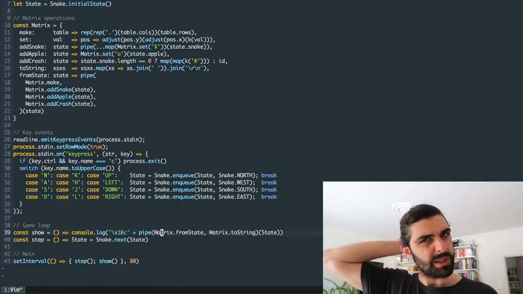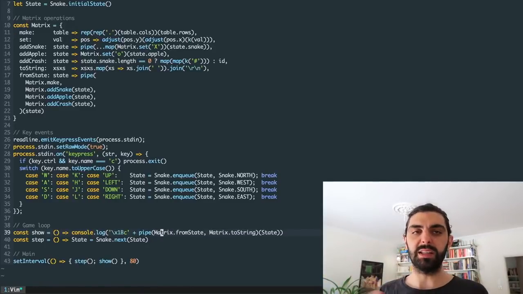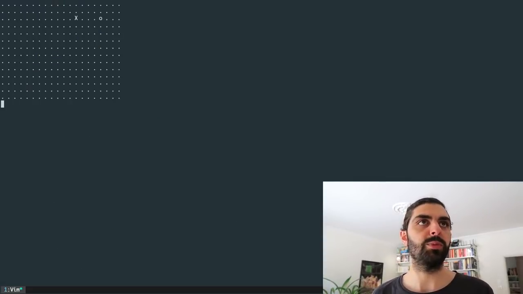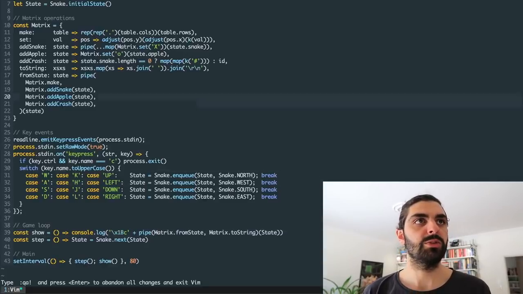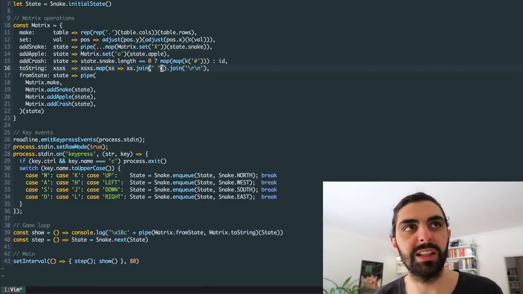But to me, this seemed like the easiest approach, having this intermediate data structure that's this matrix-like thing. Because if you think about it, we print this pretty much as a matrix, right? It has a number of rows and a number of columns. And actually, if we look at toString here in the matrix module,